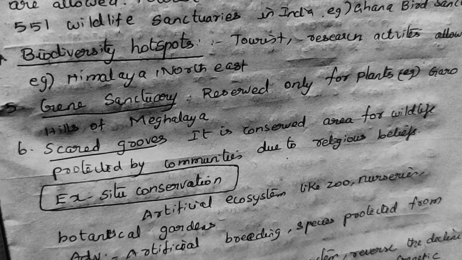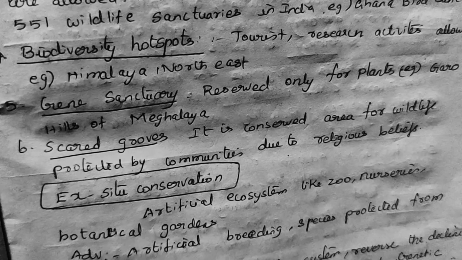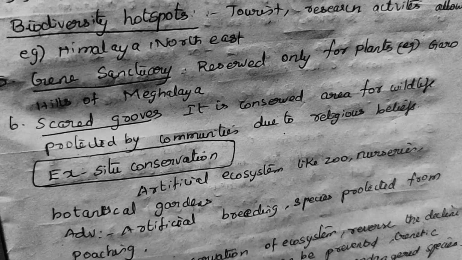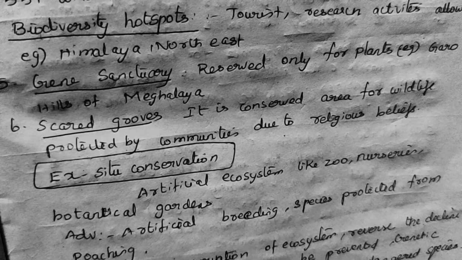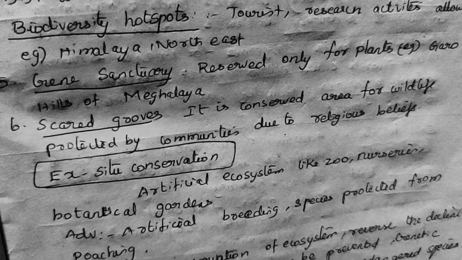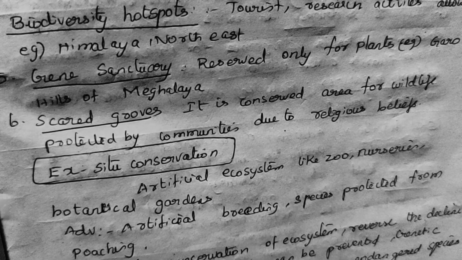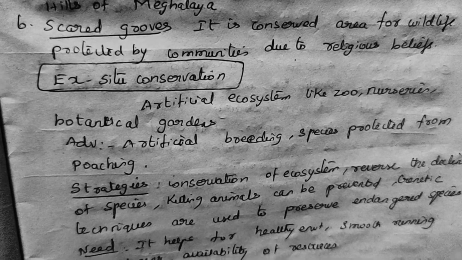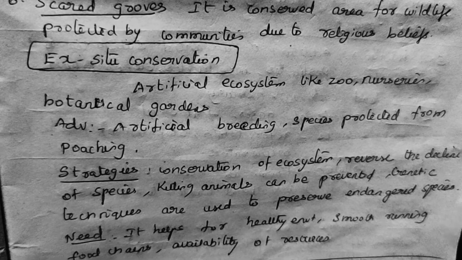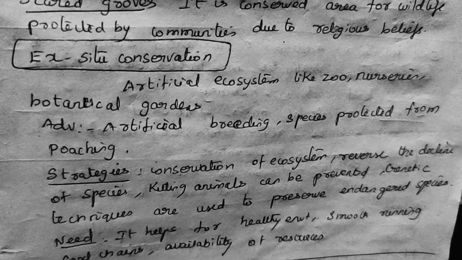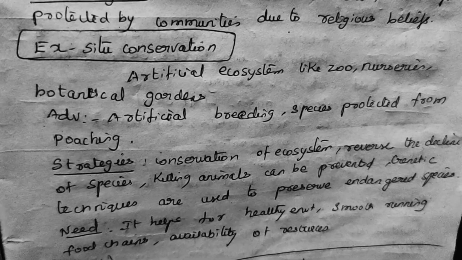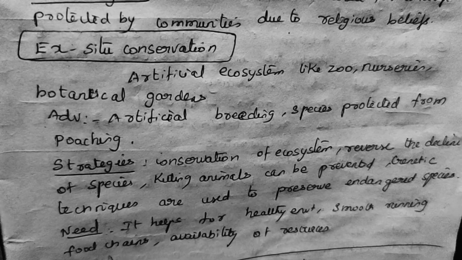This is reserved only for the plants. Example, Garo Hills in Meghalaya. And then sacred groves, a conserved area for wildlife, protected by the communities due to religious belief. And then ex-situ conservation: artificial ecosystems like zoos, nurseries, and botanical gardens. Advantages: artificial breeding, species protected from